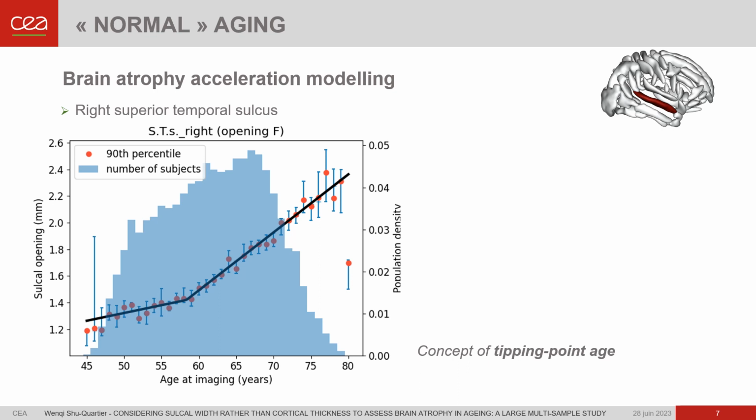Shown here is the final model for the right superior temporal sulcus, along with the variability of the 90th percentile line during bootstrapping. With this segmented linear modeling approach, we can effectively quantify the age of acceleration, representing the inflection point at which sulcal width begins to increase more rapidly, or the inflection point at which cortical thickness begins to decrease more rapidly. This feature enables convenient comparison of different sulci based on changes in slope and age of acceleration,